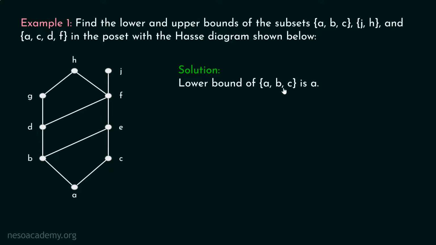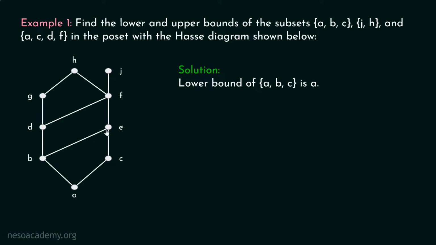Now let's find out the upper bound of set {A, B, C}, right? We have to find the lower and upper bounds of all these subsets, right? So let's find out the upper bound of this particular set {A, B, C}. Now the upper bound of {A, B, C} is obviously E because every element of this subset is related to E, right? This is according to the definition of upper bound, okay? Simply, every element of this subset is related to element E. Therefore, this element is an upper bound of set {A, B, C}. A is related to E through transitivity, of course, because A is related to C and C is related to E, right?